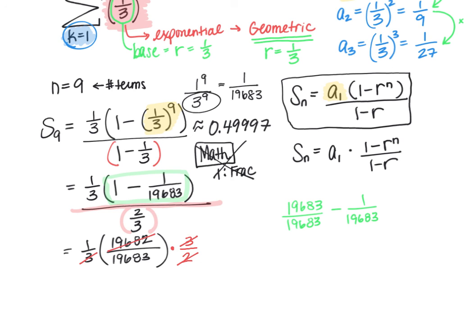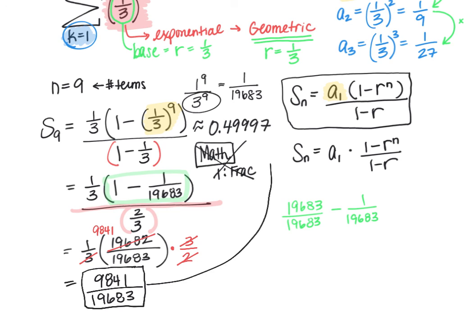19,682 using your calculator. So 2 divides into 19,682 9,841 times, which means right now I have a simplified fraction of 9841 over 19683. 9,841 divided by 19,683. And you could go ahead and try to simplify that, but it turns out you can't simplify that any further. And if you want to check that, that is indeed going to be equivalent to our decimal that we got earlier of about